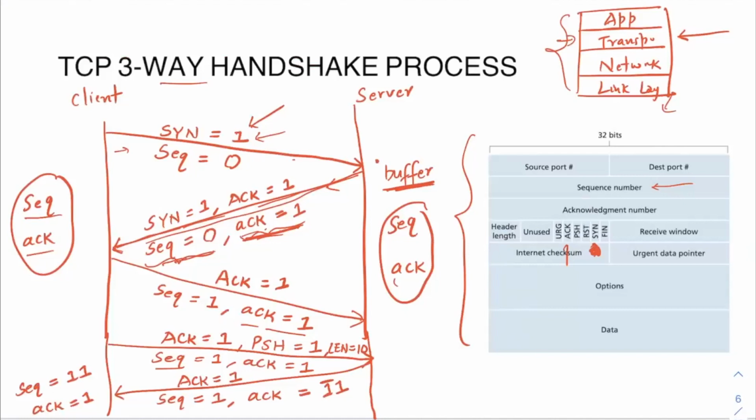Okay. So now if we see what happened, right? The acknowledgement number was 11, right? This was set on the server side, acknowledgement number 11. That means the server was expecting the 11th byte of the data in the next packet that the client sends to it. And that's why the sequence number has been updated to 11. That means that from now, the client will be sending from the 11th byte of data to the server.